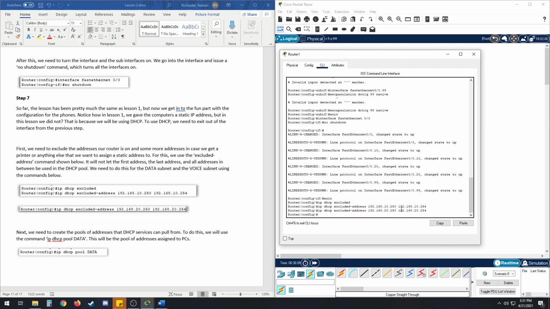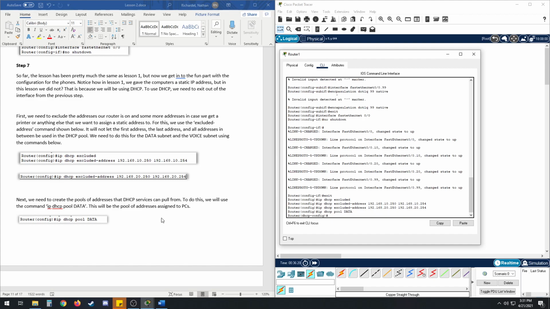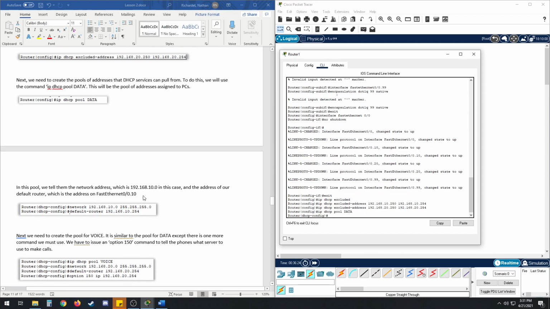So now we have these addresses excluded from our DHCP pool. We can now create our two DHCP pools. So we have ip dhcp pool data, and this will go straight to our computers, because we're going to tell it what network it's on. And that network is